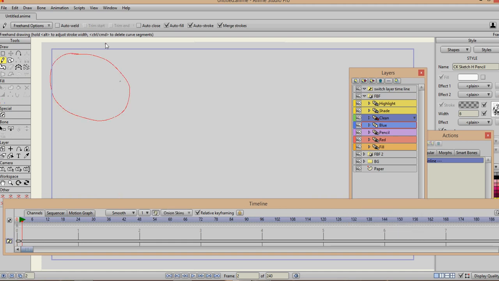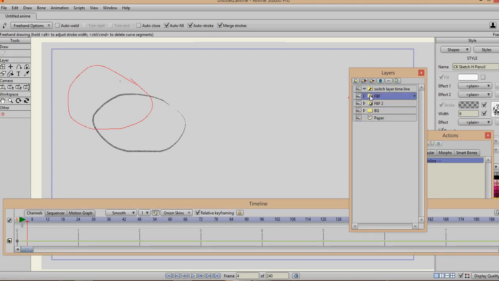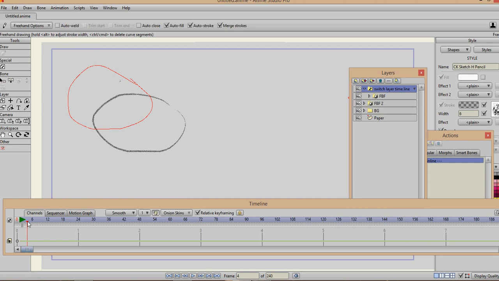Turn the onion skin on. And I'm only going to do like 3 here. So now I got a frame by frame animation. So what I'm going to do is that now I'm going to push this frame by frame up onto the switch layer timeline. And since I'm on frame 4,